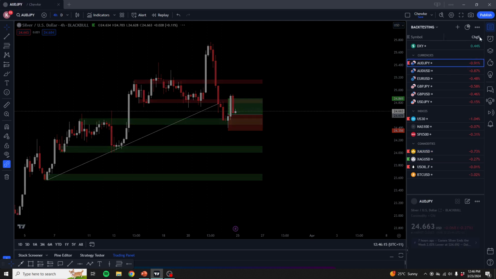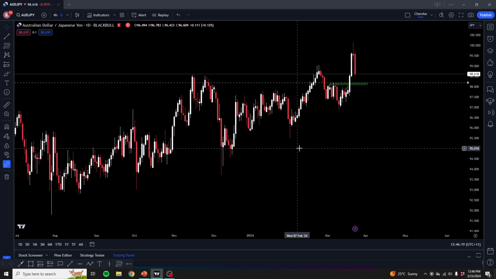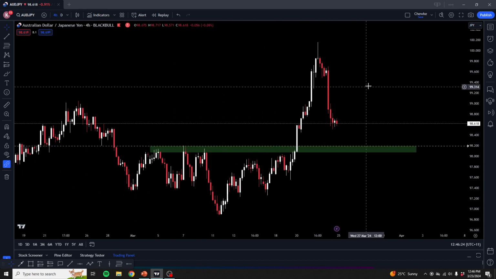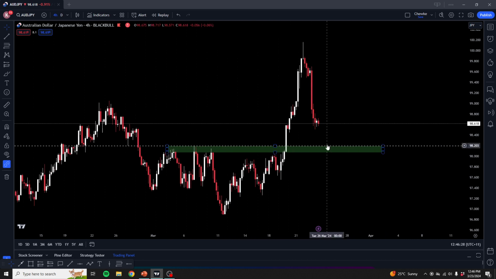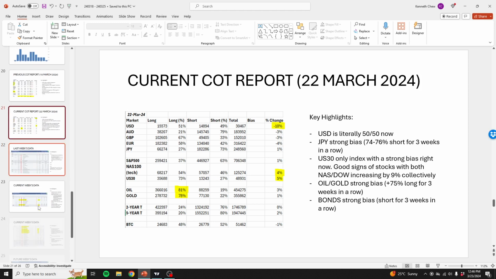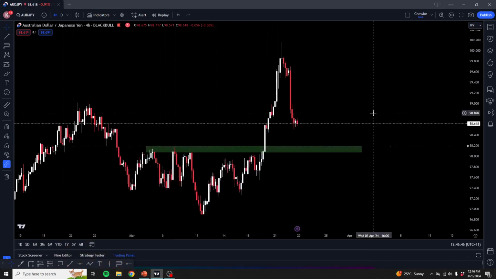So we got this on our watch list, AUDJPY. You can see it's got a nice trend up. We had strong Australian dollar news. We have a very nice resistance here, which could potentially turn support. This might be a potential trade. Again, the key thing is probably going to be on the Wednesday, where we get the CPI news for Australian dollar. If it stays forecasted at 3.5, I still think it's bullish. I'd go in the dollar for sure.